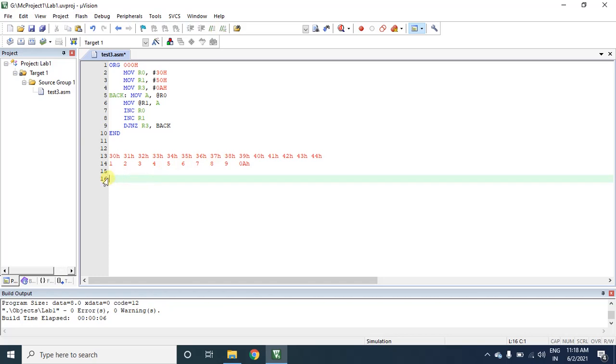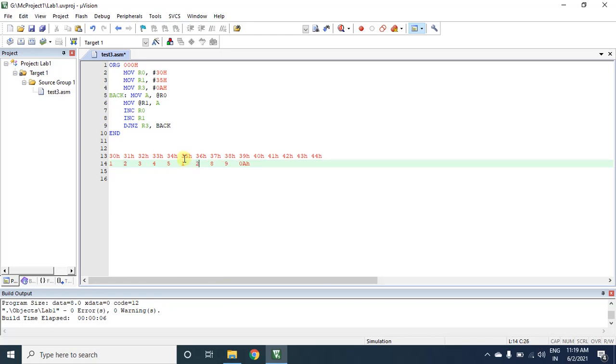Instead, if I use the destination address location as 35H, what will happen? The first move instruction, that means move A comma @R0, then move @R1 comma A, will move the first data. That means 01 will be copied to the 35th location. In the first move instruction this will happen, so this will become 1, and the next will become 2, as we move the data from 35H.